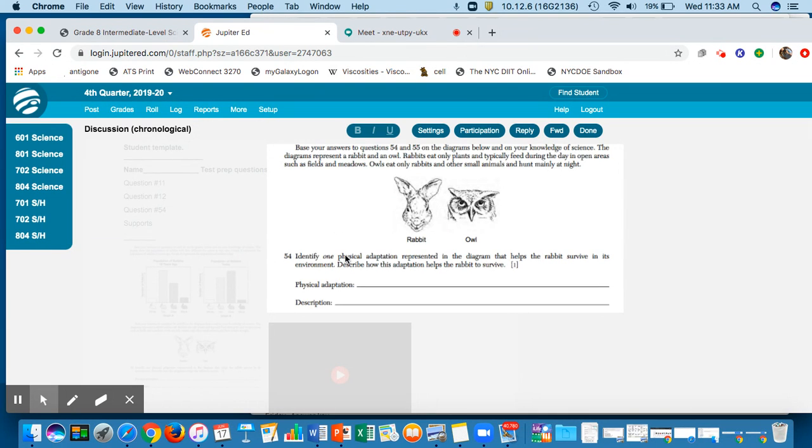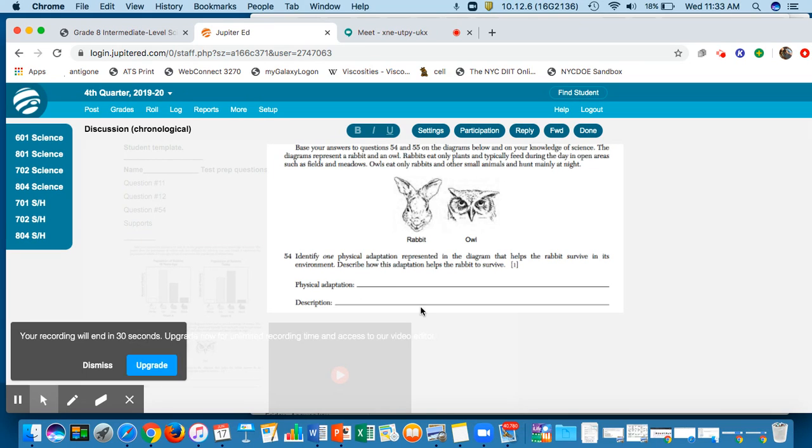Identify one physical adaptation represented in the diagram that helps the rabbit survive in its environment. Describe how the adaptation helps the rabbit to survive. The rabbit is constantly hunted by wolves, eagles, hawks, snakes. The rabbit is honestly prey for many carnivores. So how is this rabbit able to survive in its environment? Name one physical adaptation. There's a physical adaptation right on this picture. From what comes to my mind, I know something that helps the rabbit survive really well, and it's because it's